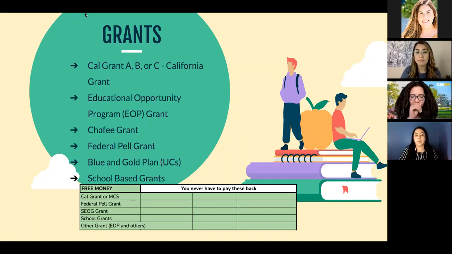And we also have the school-based grants. You can possibly see on your financial aid award that maybe you got a CSU grant or another UC grant. This is going to vary depending on the school. It encompasses a lot of things. So just make sure you're following through and actually reading your financial aid award carefully, so you can keep an eye on that. And at the bottom, I added a little screenshot of what we're going to be discussing later on when it comes to the financial aid award review workbook.